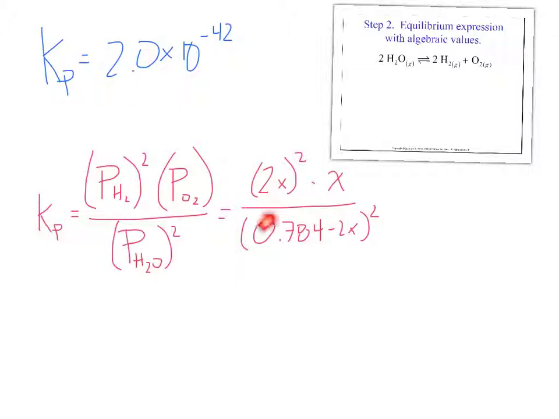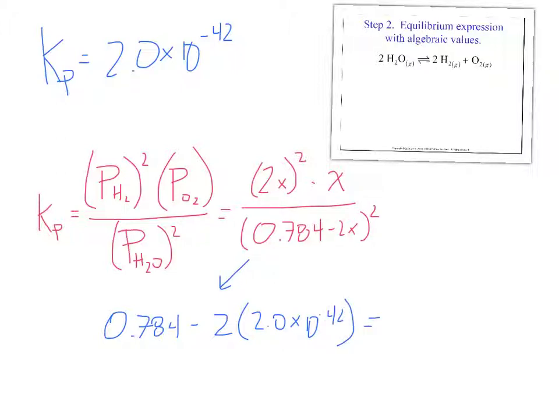Now that's important because if we look at this bottom part, if we try and solve this as is, we're going to wind up having to use the quadratic formula, which isn't always a good time. But we can do a little test here. To figure out whether this actually matters, we take this value, the 0.784, and subtract from it 2 times x, but instead of x, let's plug our Kp value in. So 2 times 2.0 times 10 to the negative 42. If you do that in your calculator real quick, you're going to come up with